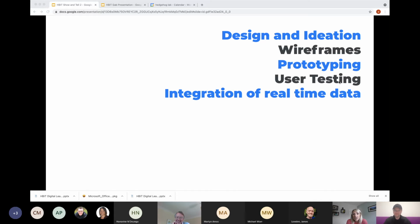And then obviously we can prototype that and test it back with users and say, well, is this what you'd be interested in? Would you be interested in this? What value would this bring? What would this help you to do? And then,